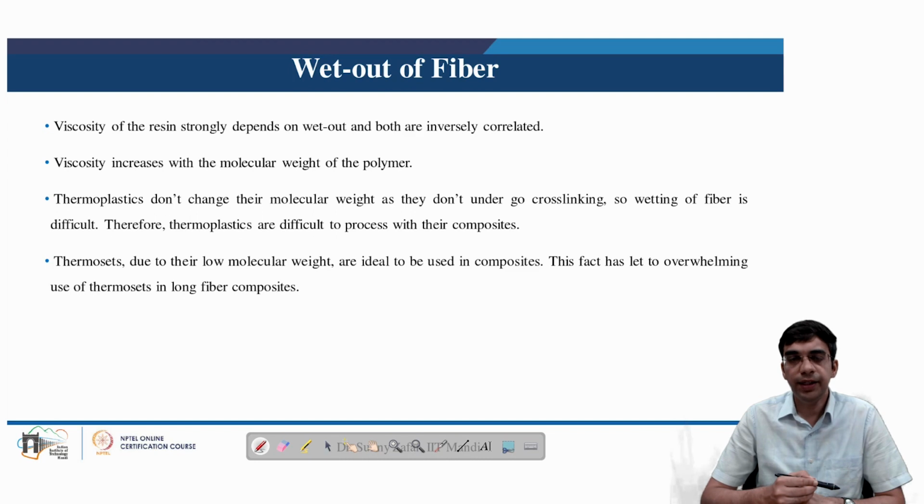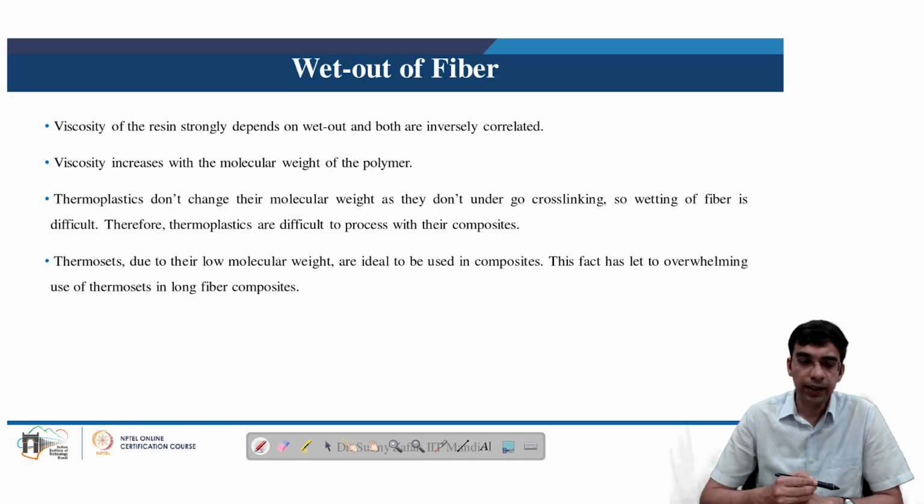Next is the ability to wet out the fiber. This is a very important property of the matrix which influences the manufacturability of the respective polymer matrix composite, because a good wet out of the fiber by the matrix will enhance the interfacial bonding between the matrix and the fiber. In this regard, it is the viscosity of the matrix which strongly decides the wet out ability,